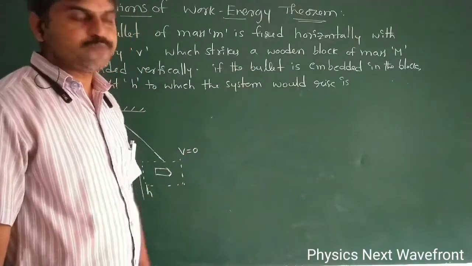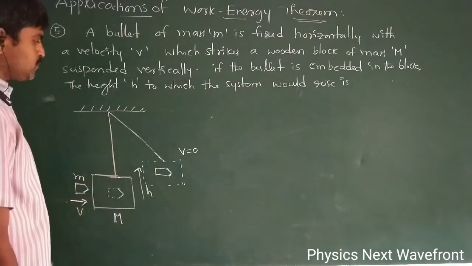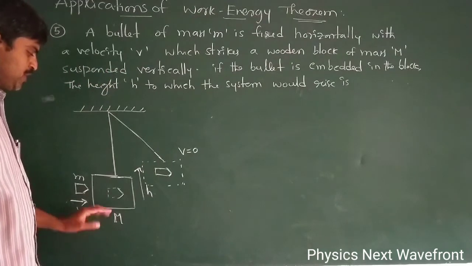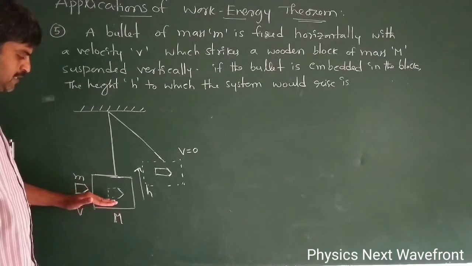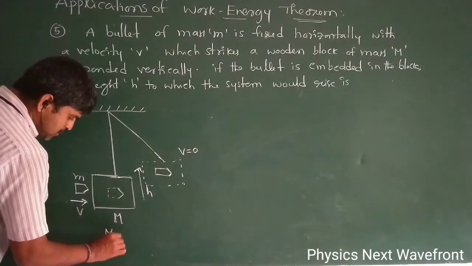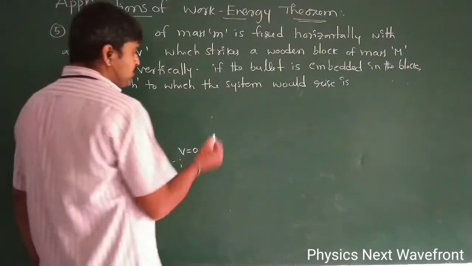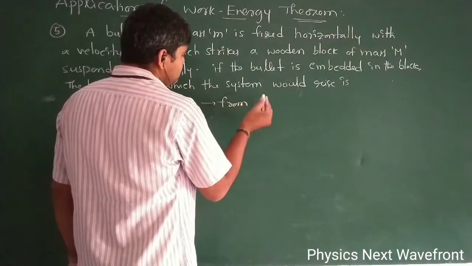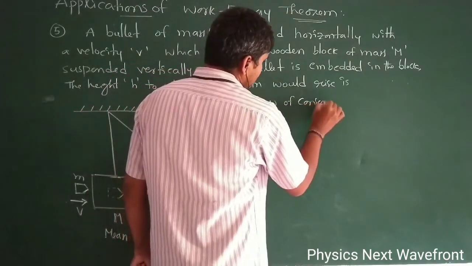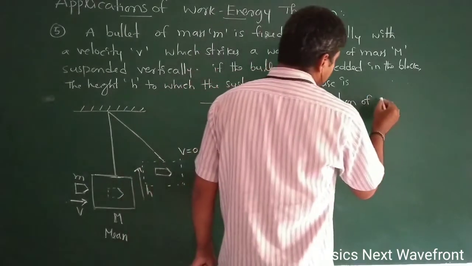By using the work energy theorem, we can find the height. First, what is the common velocity at the mean position? Now you know the law of conservation of linear momentum. From the law of conservation of linear momentum,